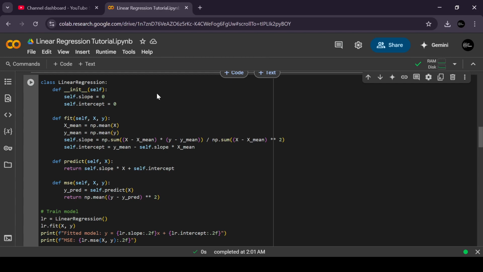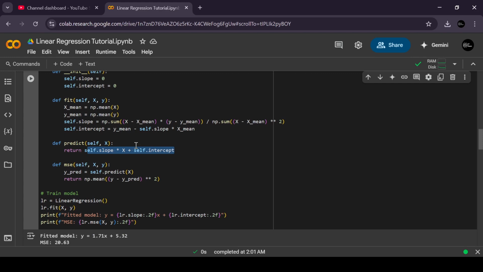Then there's the fit function where we pass in the data x and y, and we use the analytical solution derivatives that we found to calculate the slope and intercept. The equations that we calculated before are just written in Python using NumPy. Finally, we do a prediction. We pass in x, which is the data, and put that into the model itself, which is just a linear model, self.slope multiplied by x plus the intercept, y equal to mx plus c, and then we calculate the mean squared error of the prediction,